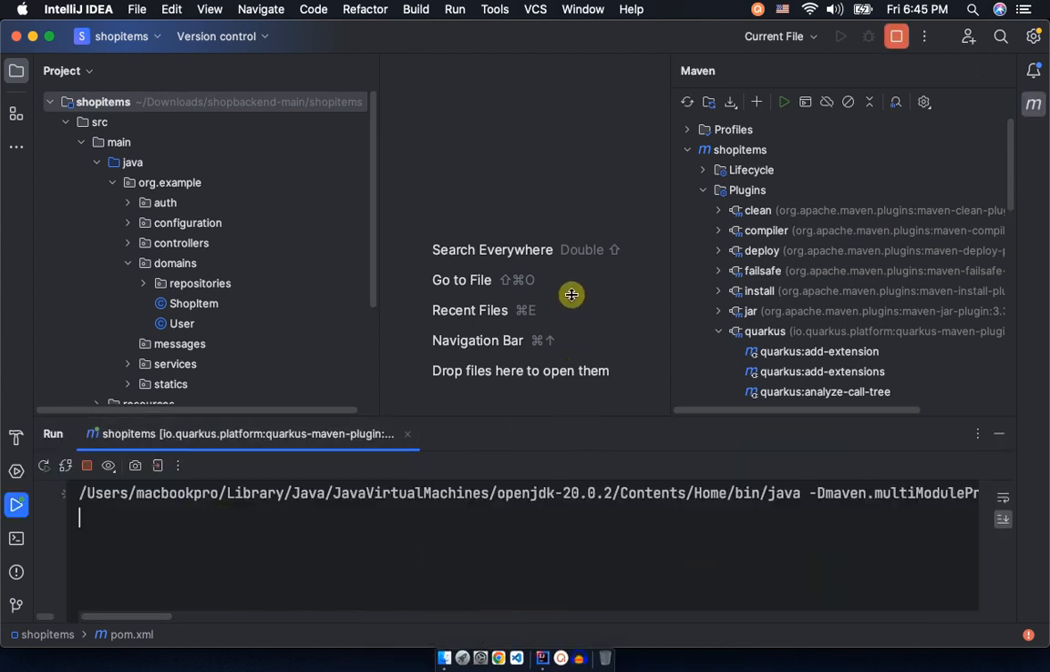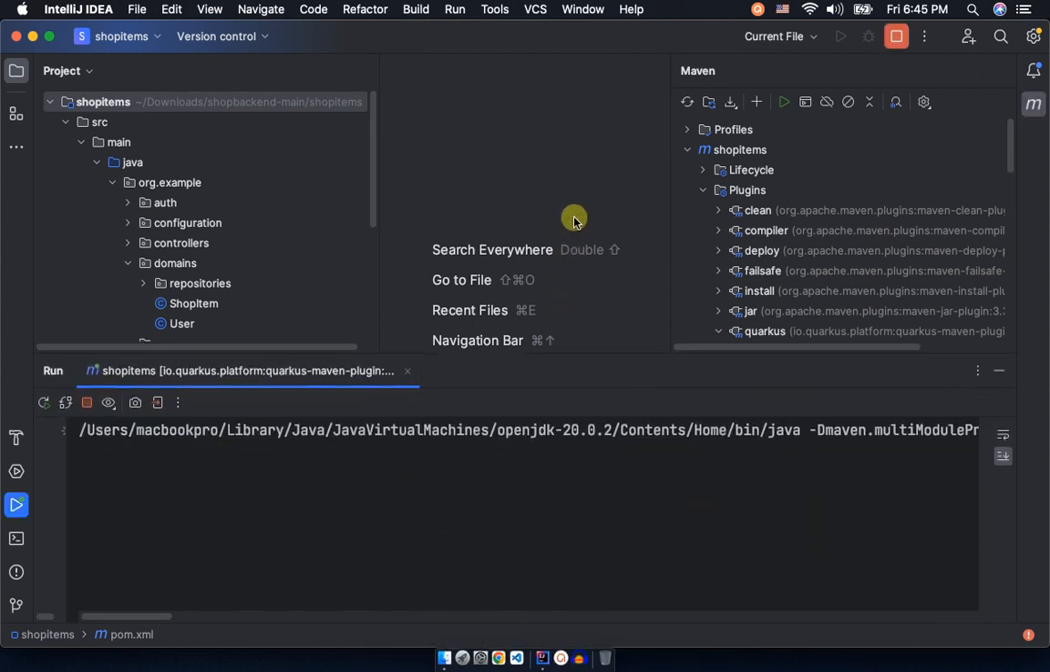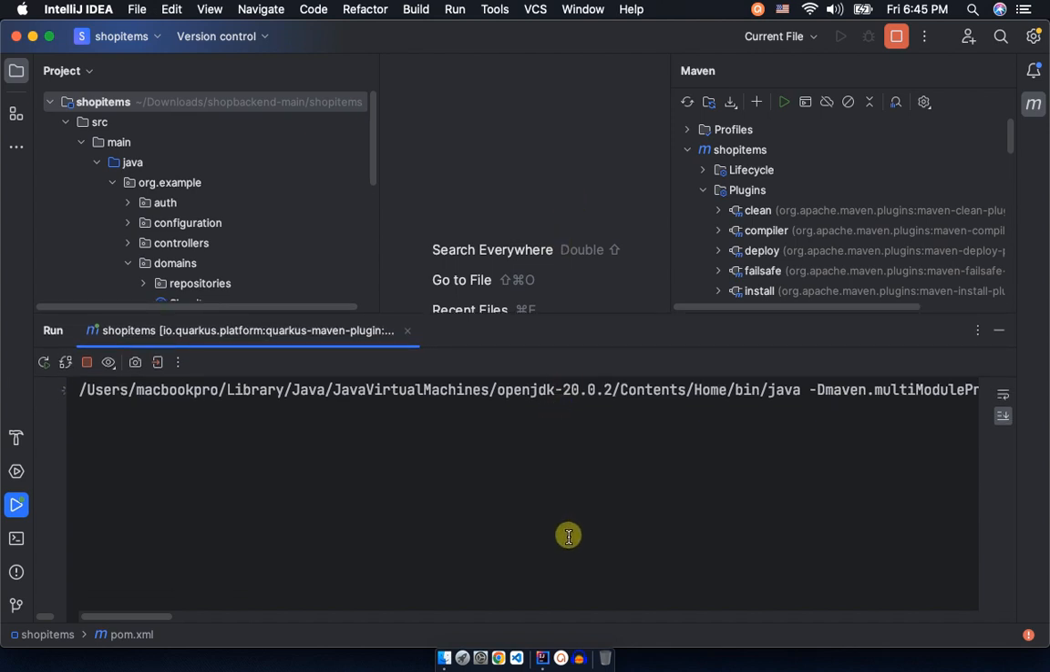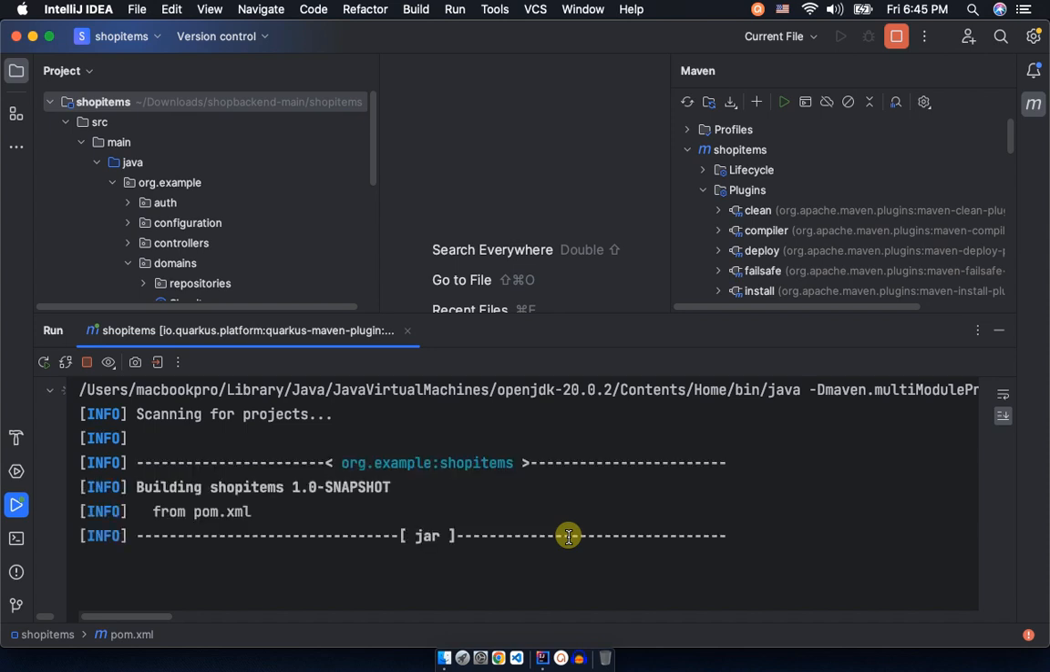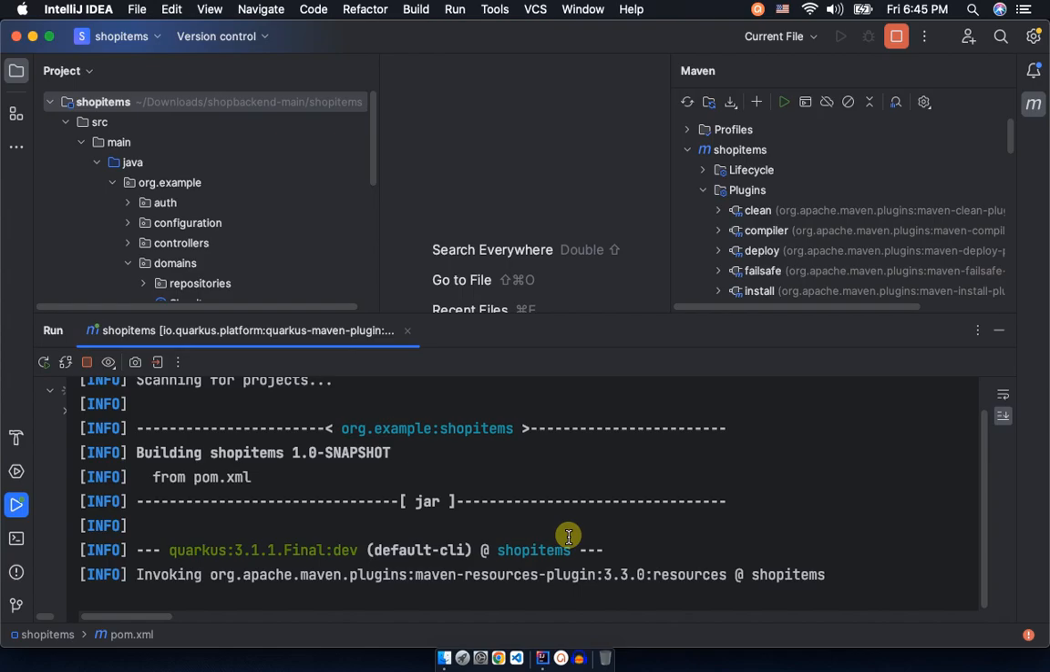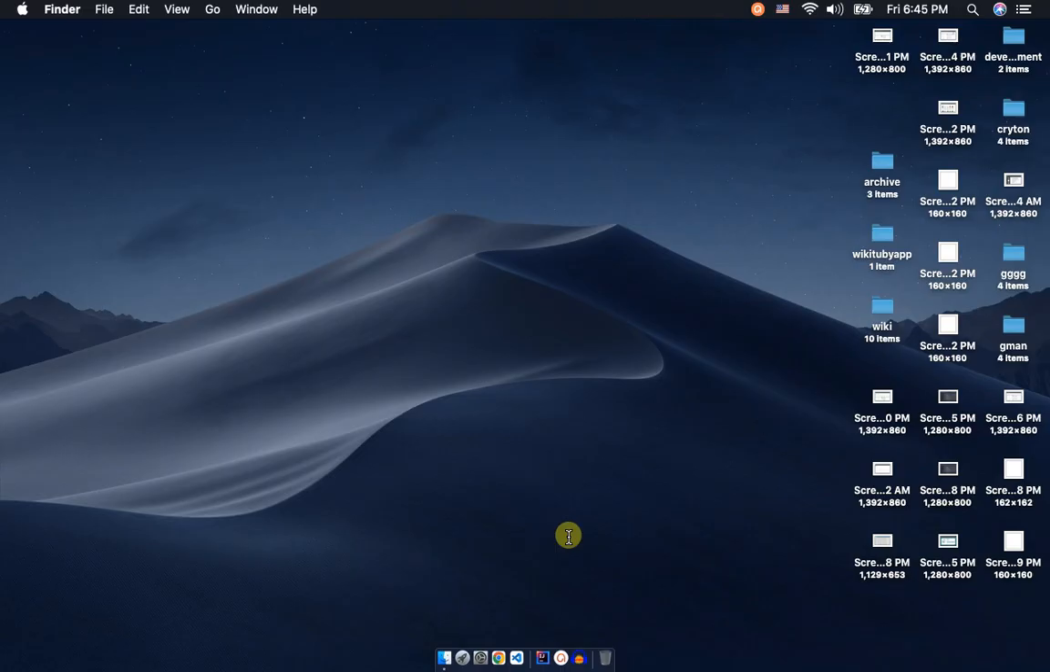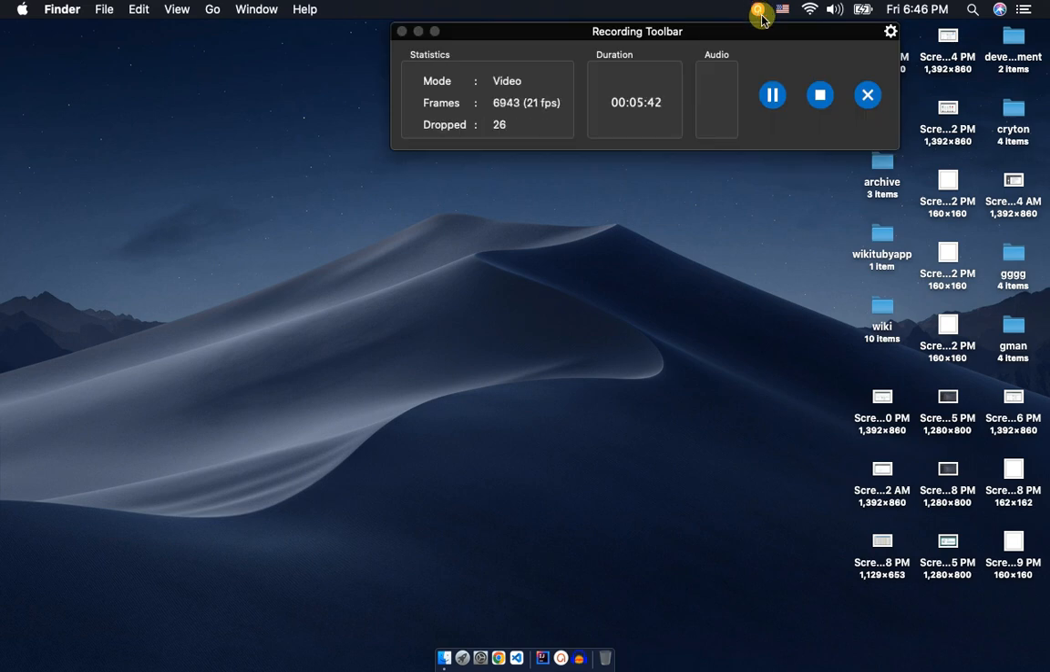It has started to run. Let's see where it can really be. So our goal here is to make sure that this project runs successfully. Wow, I don't know why this keeps on stopping, but